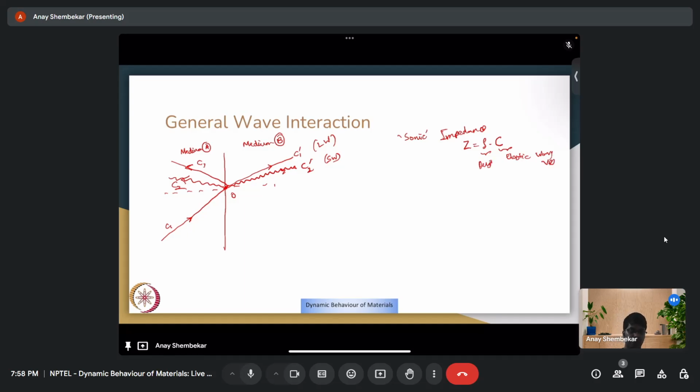So you can define it for different wave modes, and the way these different components are related and their angles are related. I'll call them theta 1, theta 2, theta 3, theta 4, and theta 5. You have sine theta 1 by C1 is sine theta 2 by C2, which is sine theta 3 by C3, which is C1, is sine theta 4 by the velocity of component 4, which is C2 dash, and sine theta 5 by C1 dash. So this, you can notice, is analogous to Snell's law